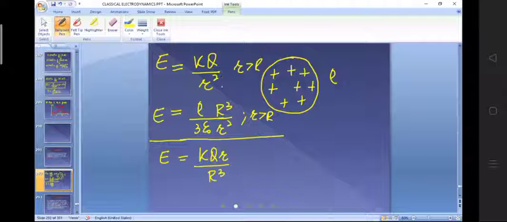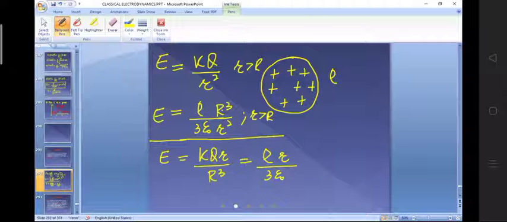Here there is k cube, here also there is k cube. Then here its dimensions, 1 by r square has dimensions of what? 1 by L2. So r divided by r cube has the dimensions of 1 by L2. And this is also equal to what you can write here, rho. So here I will write, beta, r divided by 3 epsilon naught simply.